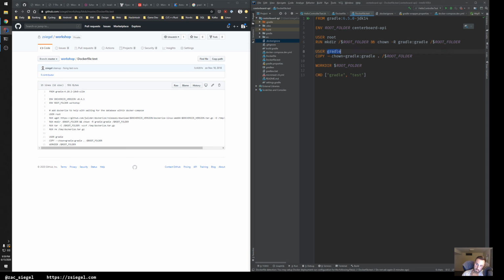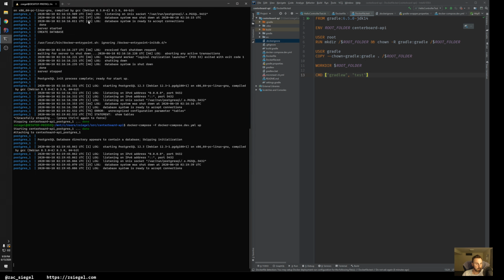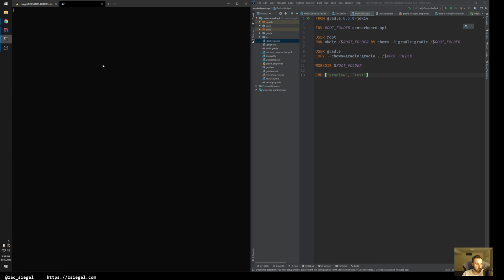We're then switching to that Gradle user, copying over the files and taking ownership at the same time. We're basically copying the root project directory into that root folder and then setting the directory where we're starting from in there. And then we're going to run Gradle test, which should do what we want. And so, for example, it's essentially like doing the same thing